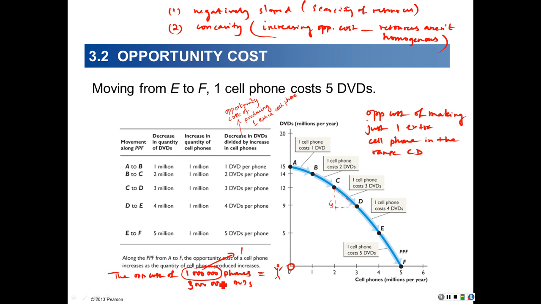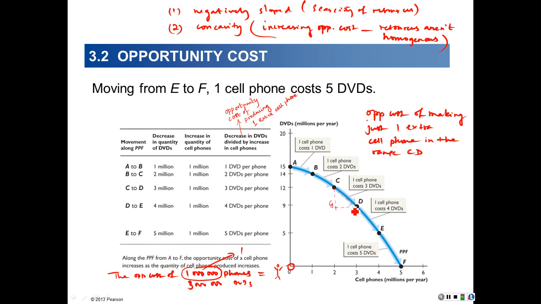But I have to do the same thing to the number on the other side of the equal sign, correct? So I'd be dividing this 3 million by 1 million as well, and I'd arrive at 3 DVDs. Is that correct? Now, if you look at this little triangle that's been formed here, triangle CGD, and how do